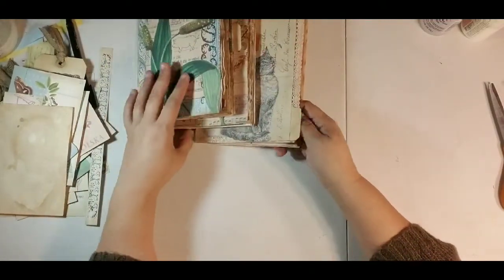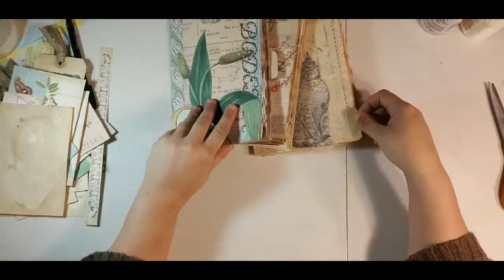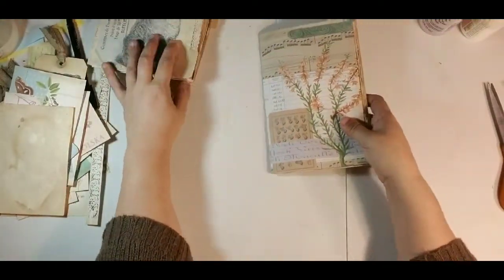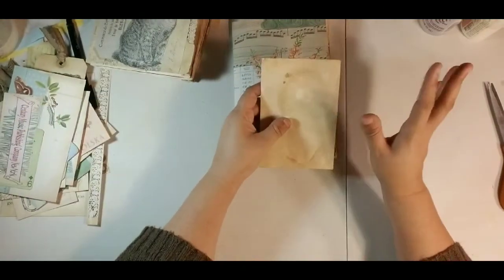the pockets in each journal, and we had the tabs. We do have to put a tab on this last one, and forgive me if you hear me sniffling. I'm experiencing that wonderful, wonderful